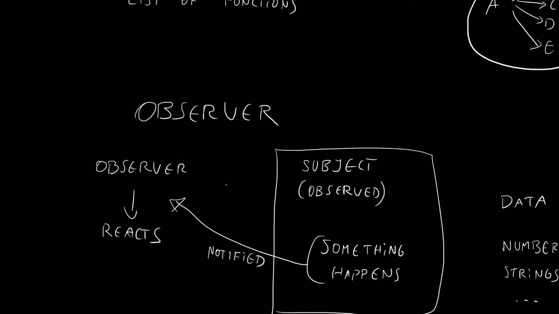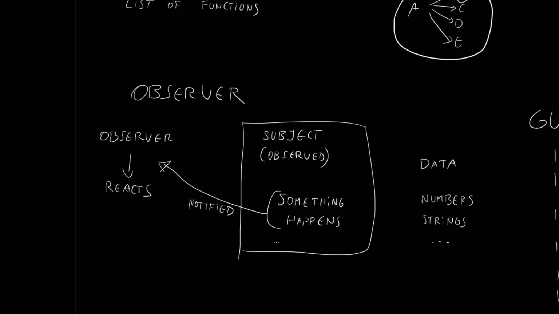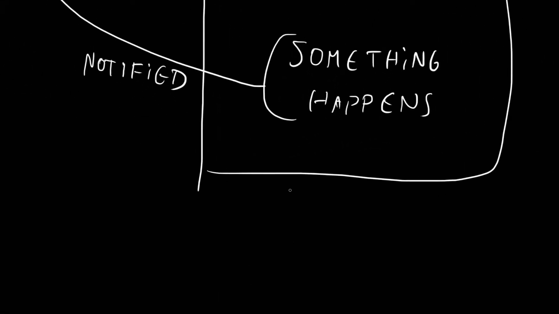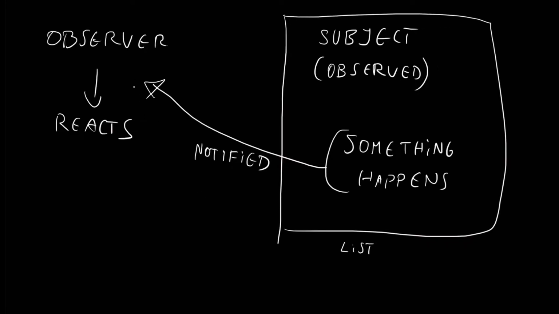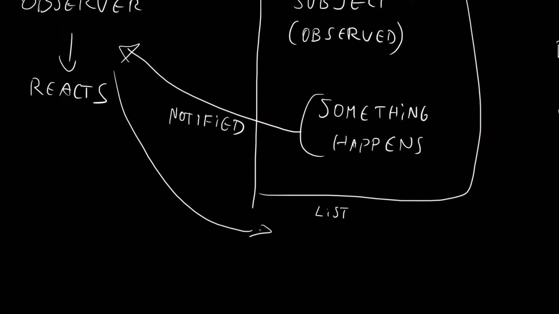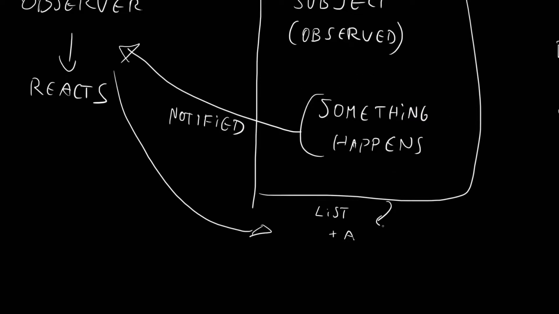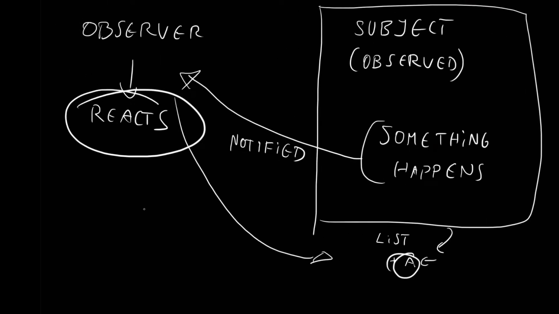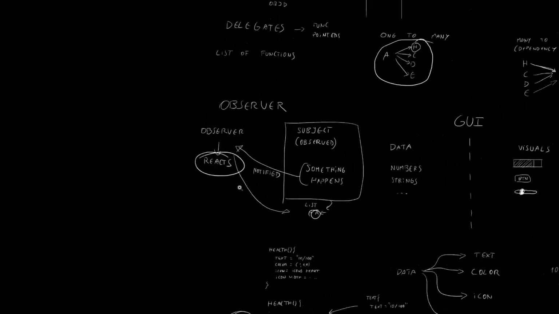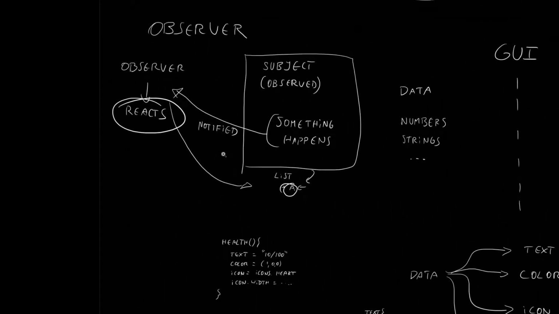And what happens is, you as the observer, you add a function to that list, right? So here there's a list. Your observer adds itself to the list, right? So add here plus a or something. Then when this something happens, the event is just going to go through the list and call all the functions. It calls the a, and this function is a function in the observer. Okay. So it might sound a little bit confusing, but I think it will become clear once we go into the